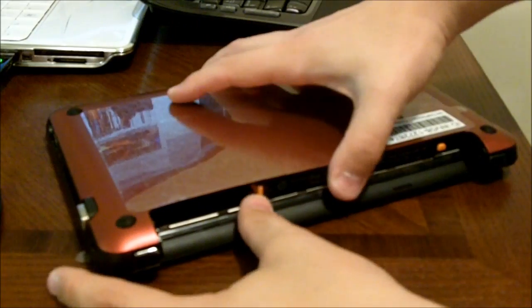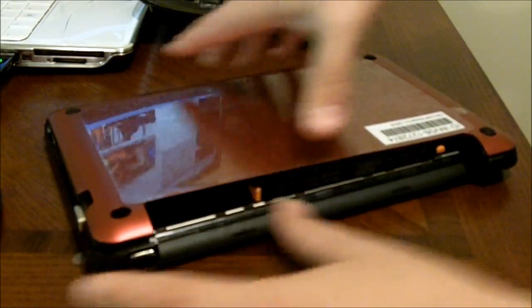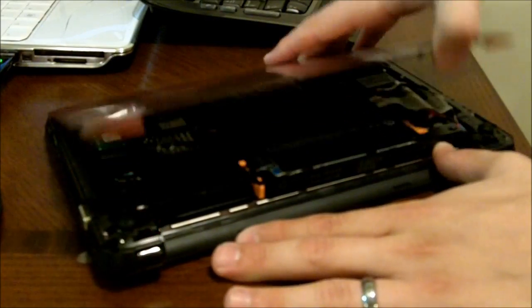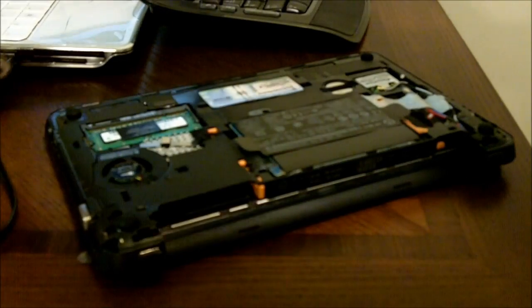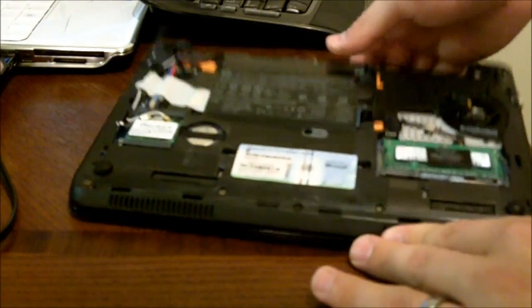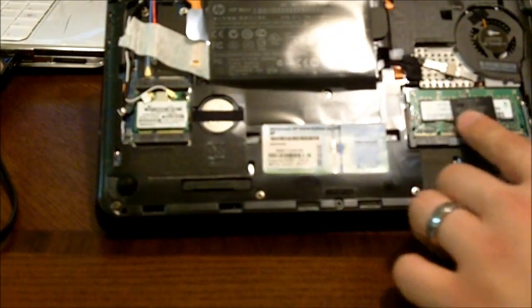I'll pop that out again just so you can see. You just push in on this a little bit, pull up, push in on this one, pull up. After you do it once, it actually comes off much easier, and then you have your shell you can set aside. And then in here we have our hard drives underneath here, and we have our RAM that you can